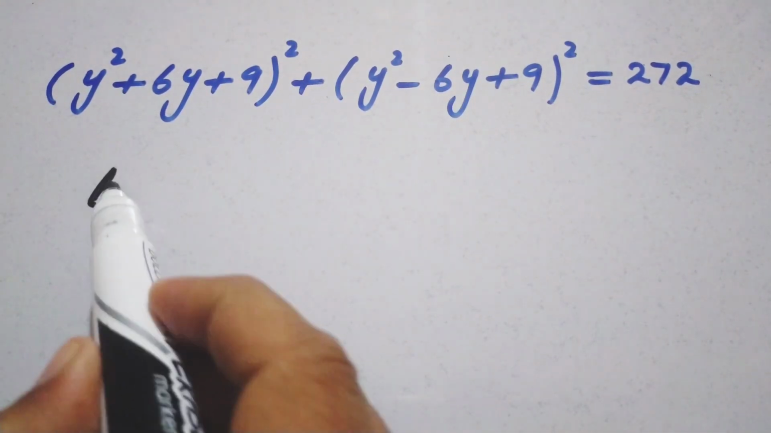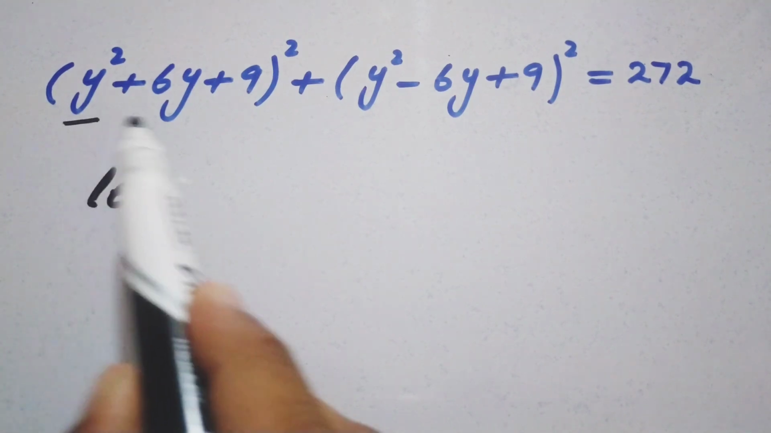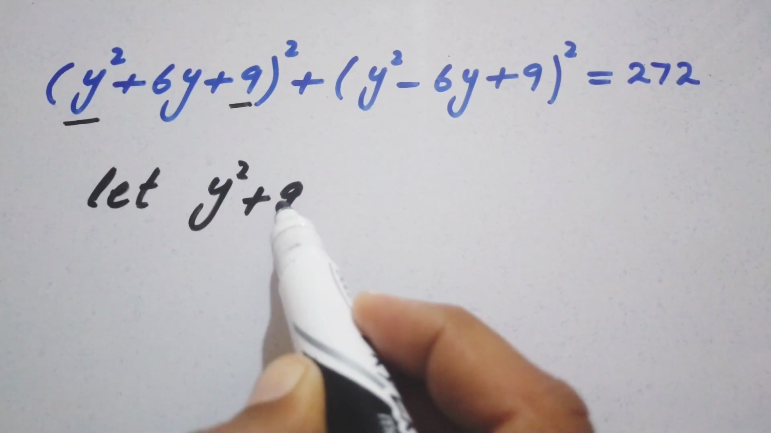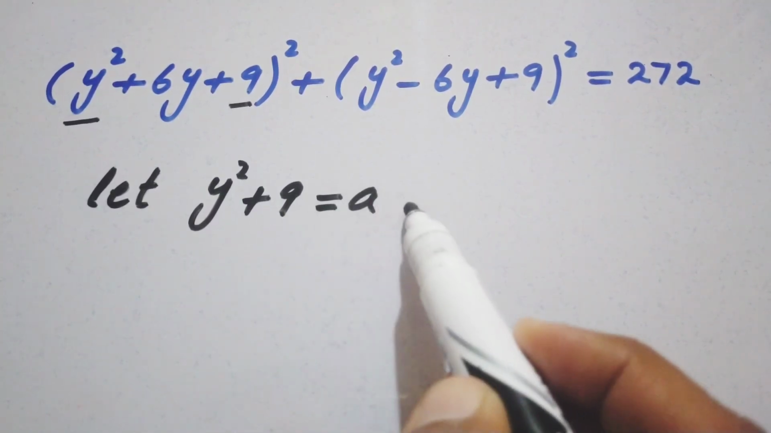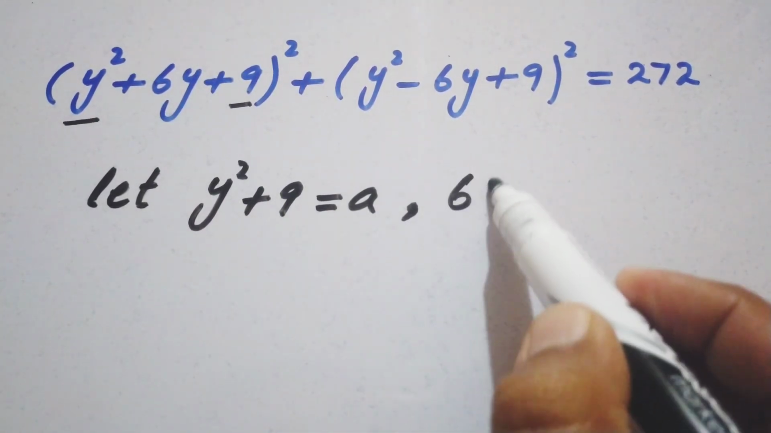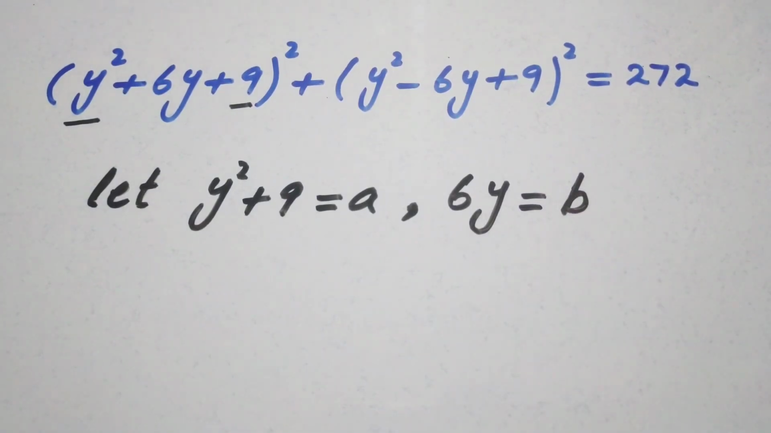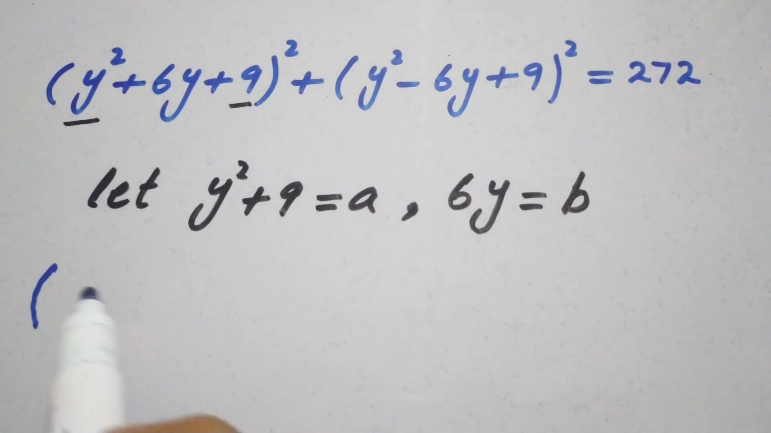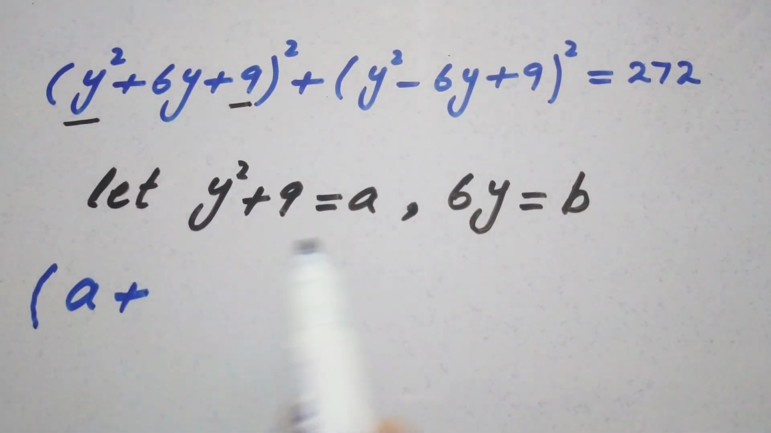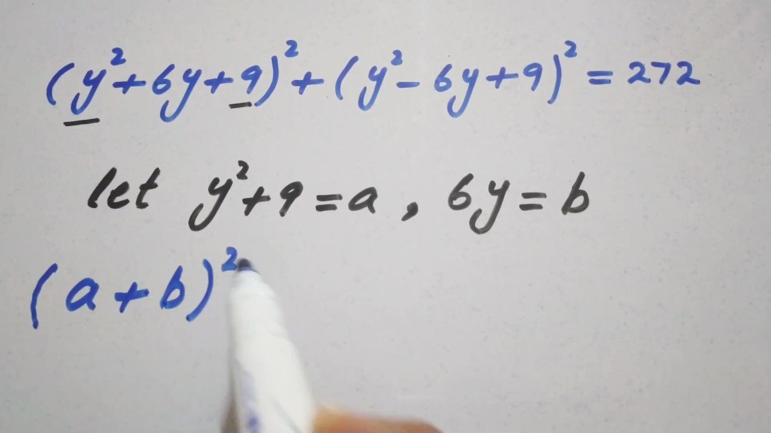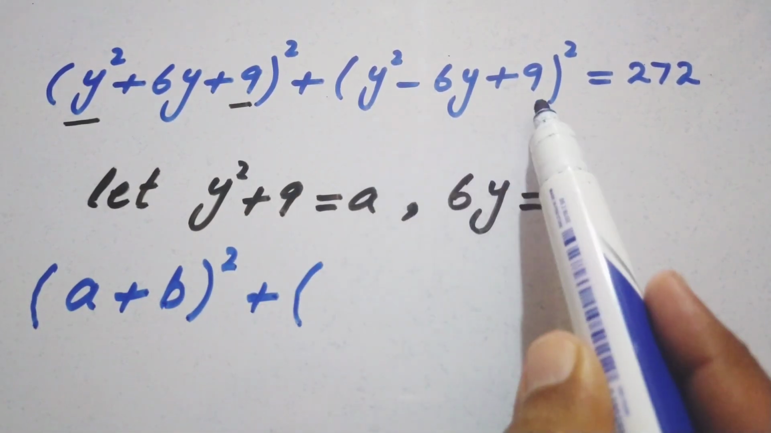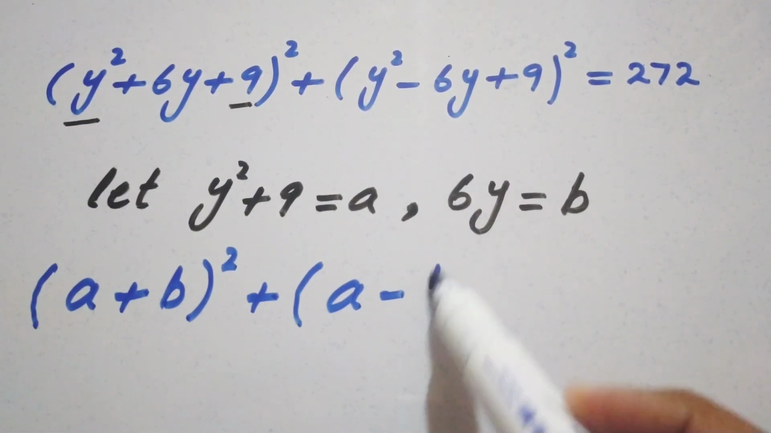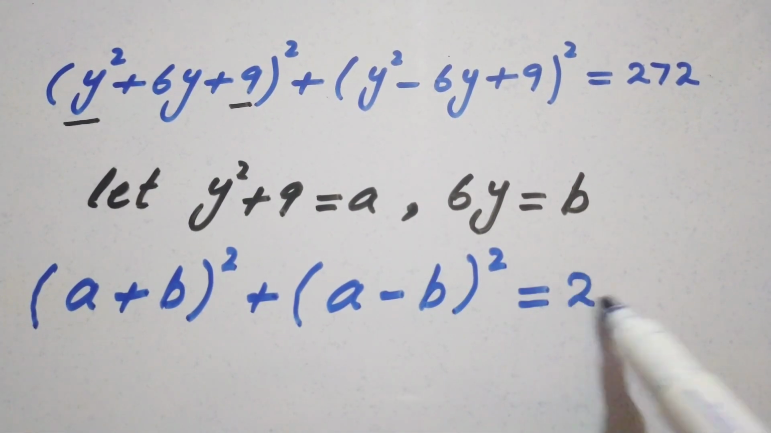Now suppose that y^2 + 9 is equal to a and 6y is equal to b. So by substituting, this y^2 + 9 is a plus 6y which is b, (a + b)^2, plus this is y^2 + 9, a, minus 6y, b, (a - b)^2 is equal to